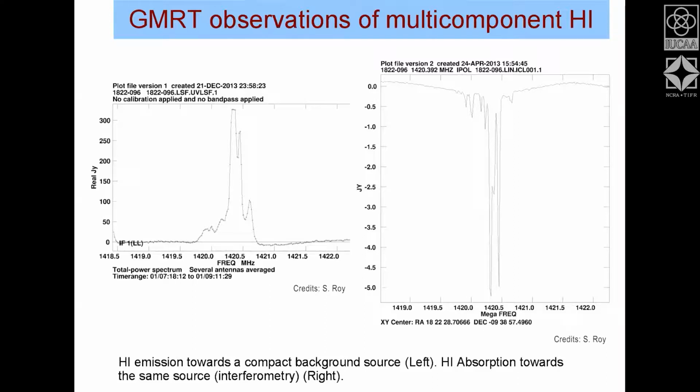So though the equivalent angular size of the source is so small, because its brightness temperature is like 10 to the power 12 Kelvin, which is like 10 to the power 8 times higher, it can be a strong emitter. And that emitter is passing through the atomic hydrogen. Though it is optically thin, as I mentioned, suppose the optical depth is 0.1 or 0.01, it will absorb strongly. So this source, which we are seeing, 1822 minus 096, a background compact source, meaning it's like a delta function, you can think of it as that. Its equivalent flux density is in units of Jansky, which is 10 to the power minus 26 watt per meter square per hertz. So that is 7 units of that.